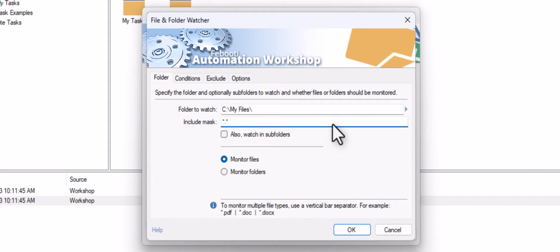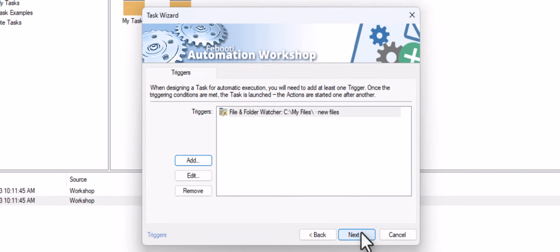Also, for this tutorial, we'll specifically be monitoring for new PDFs and Word documents based on their file extensions. Our trigger is now set up. As soon as a new file appears in the monitored location, our workflow will be activated.